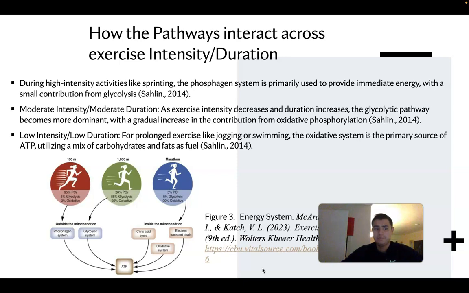And then lastly is low intensity, low duration. So pretty much this is very, very light exercise. So jogging, swimming, walking, even doing chores around the house, or even working outside, doing small activities. This is where the oxidative system is the primary source of ATP, utilizing a mix of carbohydrates and fats as